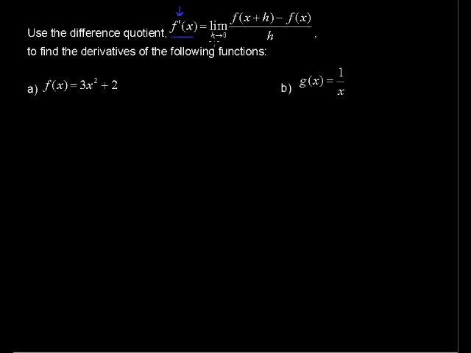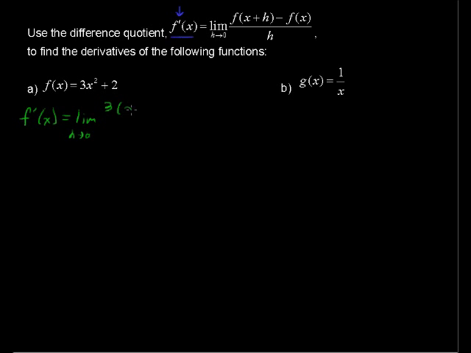that is, the limit as h approaches 0, not x, but as h approaches 0, of the function evaluated at x plus h minus the function itself evaluated at x, all divided by h. And we'll use that to find these derivatives. So here our first function is f of x equals 3x squared plus 2. So the first derivative, the notation is f prime of x equals the limit as h approaches 0 of 3